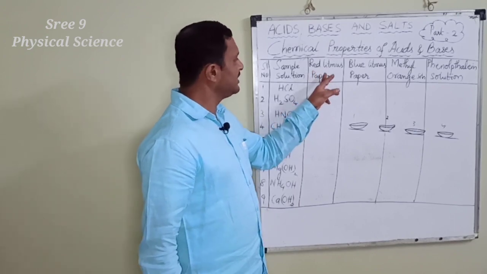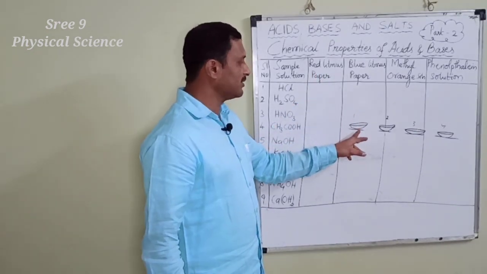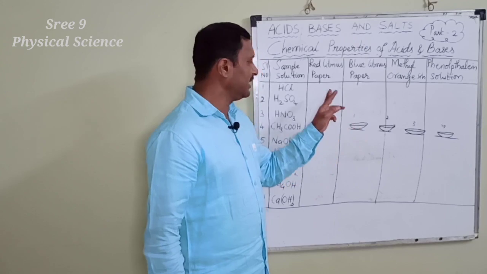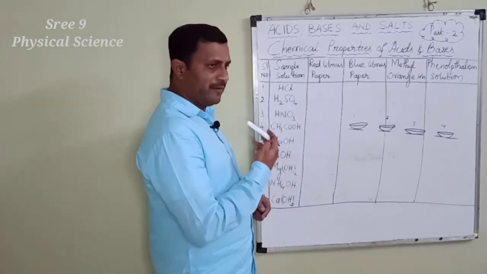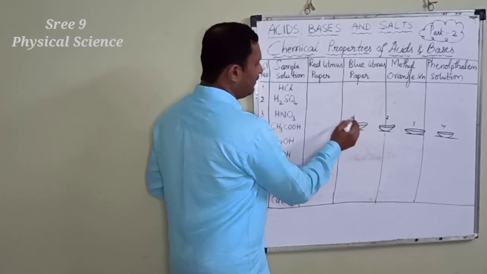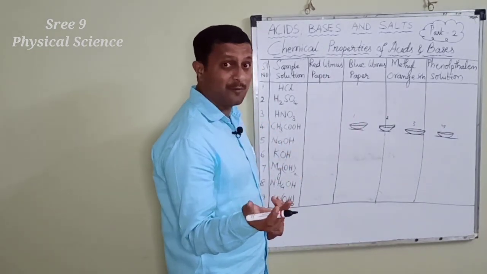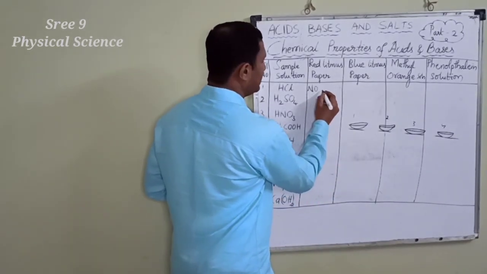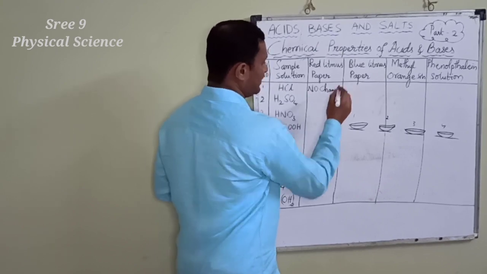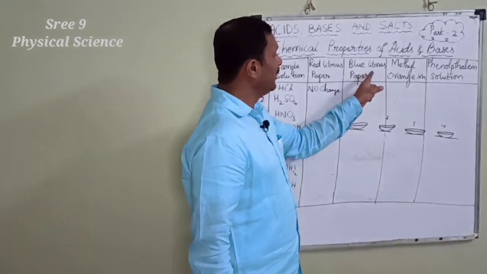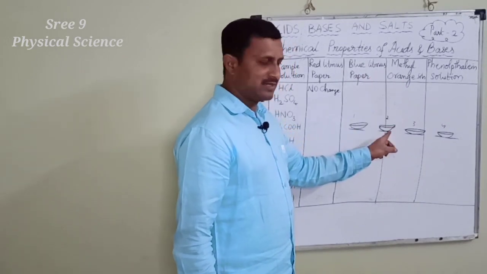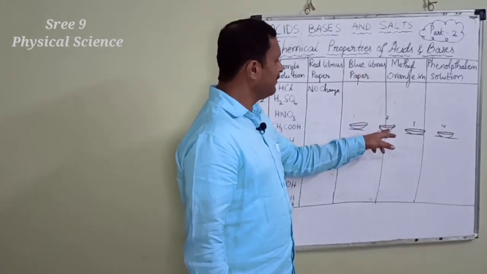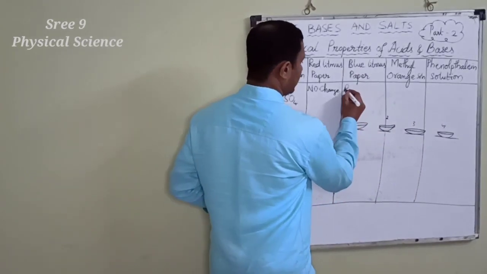Simple. First we will check the hydrochloric acid solution with red litmus paper by dipping in this one. We will see if any color change. Here we will write, okay, red litmus paper, if you dip in hydrochloric acid, what do you observe? What we have observed in the first part session? No change. So here I am writing the result as no change. Then what happened to blue litmus paper? We will take blue litmus paper and dip in the second watch glass, which is hydrochloric acid only. As blue litmus paper is dipped, it will change to, yes, a red color, right?